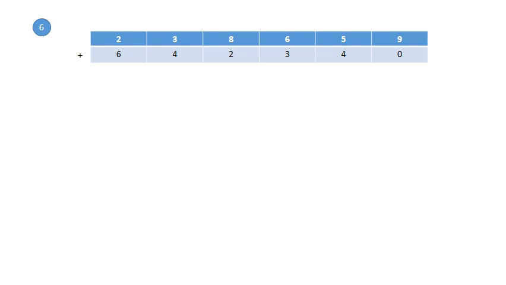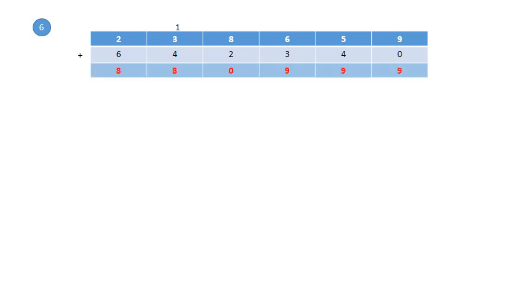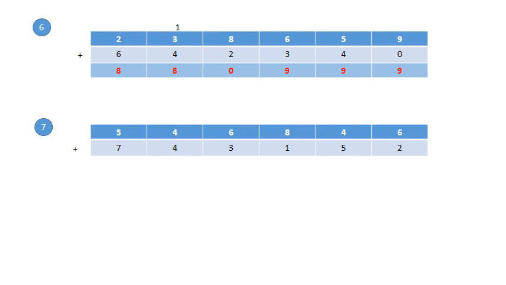So your answer is 9 plus 0, 9. 5 plus 4 is 9. 6 plus 3 is 9. 8 plus 2, 10. So here we have written 0 here and 1 we have given as carry over to the next place. So 4 plus 3, 7. 7 plus 1, 8. And 6 plus 2, 8. Yes, come on, very good. Come on, let's do the next one. Seventh one. Come on, write down this question and find out the answer.